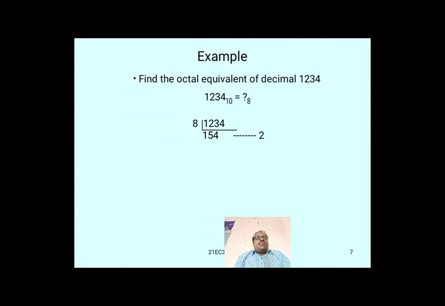Okay. Already we learned that any number which we want to convert into octal, we must divide that number by 8. So first of all, 1234 is the number. We are dividing that number by 8. 8 is nothing but, in our own words, the divisor. What we get as output is the remainder, and the corresponding value is nothing but the quotient.